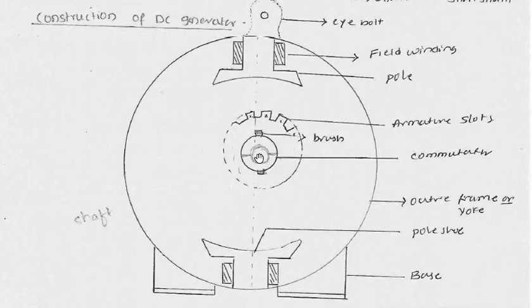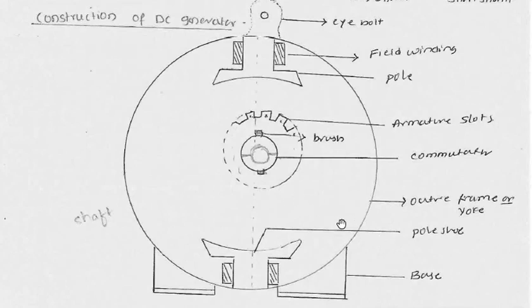will be mounted on a shaft. The center part is a shaft on which it will rotate, and in these slots we put an armature winding. That armature winding is connected to the commutator segment. So you can see this part is a commutator segment, and on top of the commutator segment we will have the brushes, and these brushes are connected to the terminals, where we can give the electrical energy.